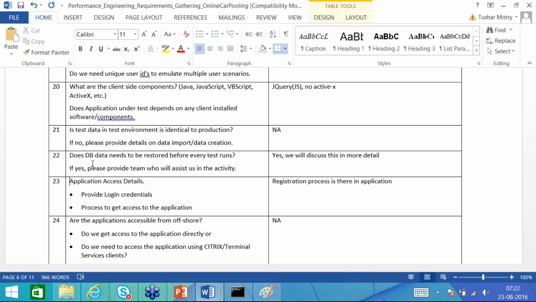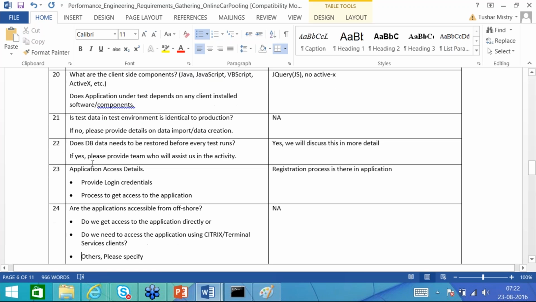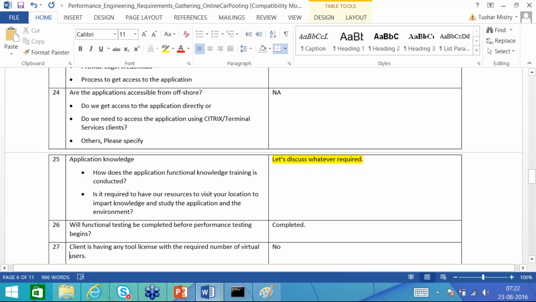Then application access details: provide the login credentials and the process to access the application. So what is the URL, what are the user login details? Okay. Next is, is the application accessible from offshore? If we are doing the project from offshore, do we need to do any settings or can we directly access the application?